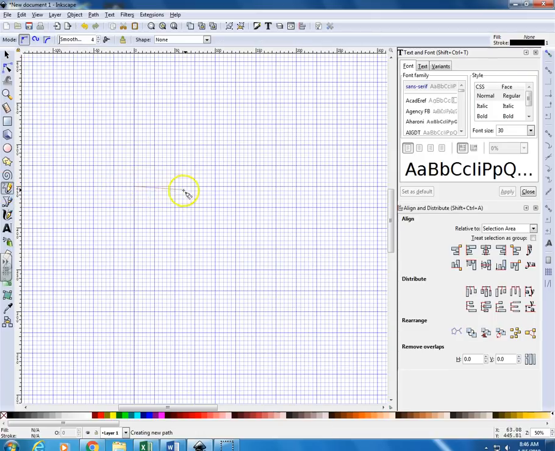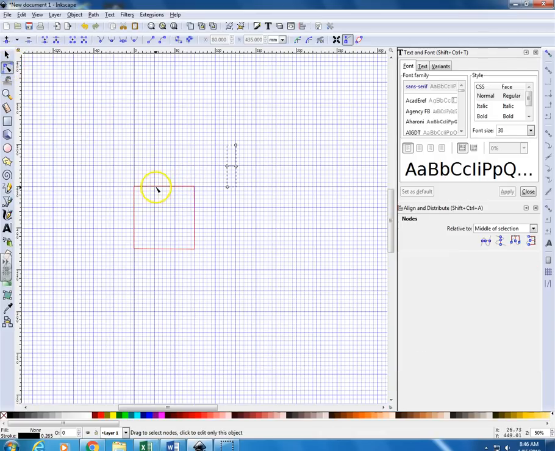So if I draw out my square and I create the tab, now I can also draw the tab on here. So if I wanted to go ahead and draw the tab, I can come out here and draw it as I go. If I figure out that I want to add it in later, then I have that option as well. But I'm going to show you how to add and to delete nodes. So if I add several nodes,